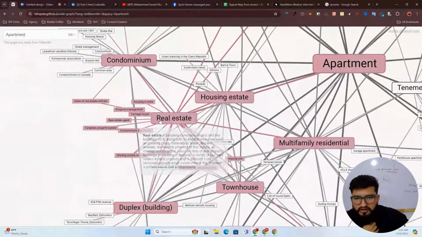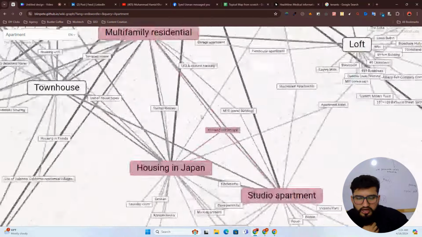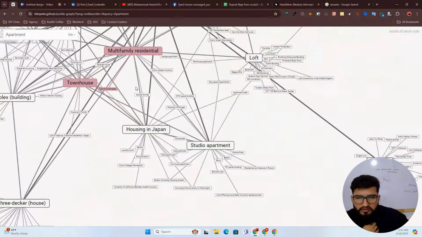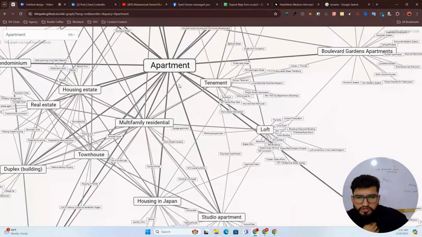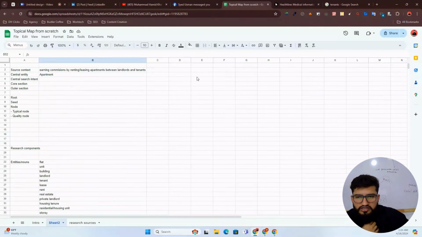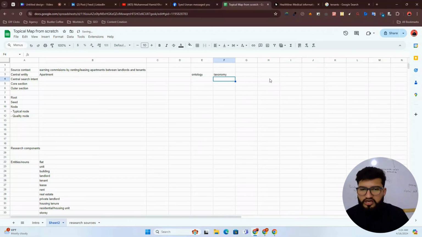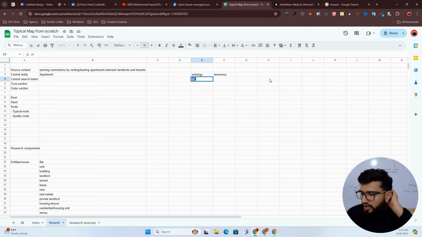Basically, you need to get real estate, housing in India, property management. Okay, so these are the shared, I mean, these are the ontologies basically with their shared attributes. And as probably you know, we have two things in semantic SEO. One is ontology, two is taxonomy. Ontology is basically the entities, all the entities, or you can say the study of entities, how they're linked with each other using the shared attributes.